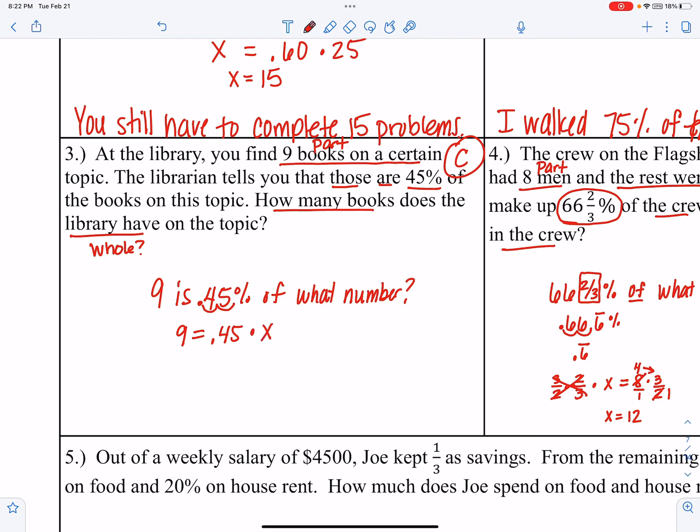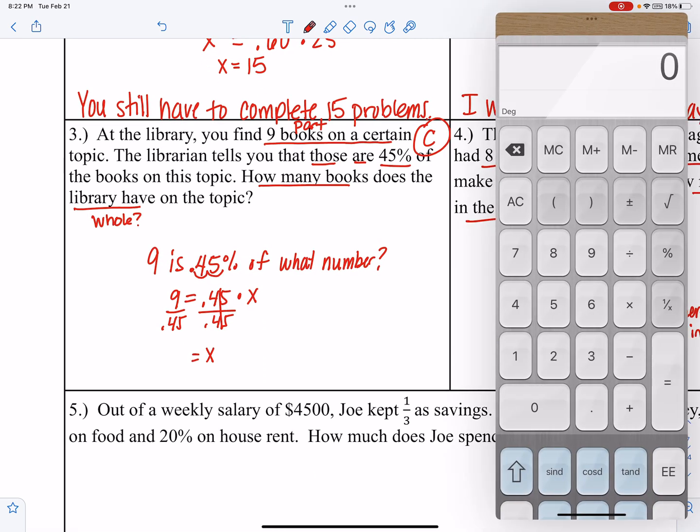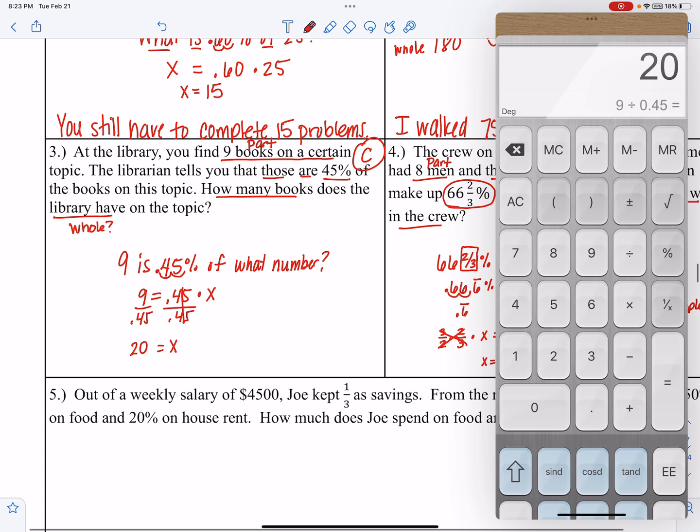We need to isolate the variable, so divide by 0.45 on both sides, 45 hundredths. Those create one whole, and we have x equals, let's go ahead and do that division, 9 divided by 0.45, and we get 20. So how many books does the library have on the topic? The library has 20 books